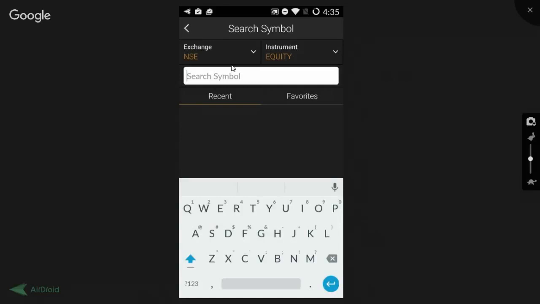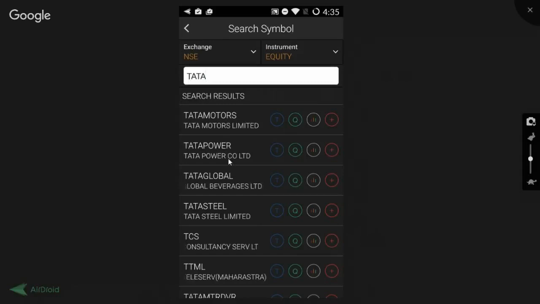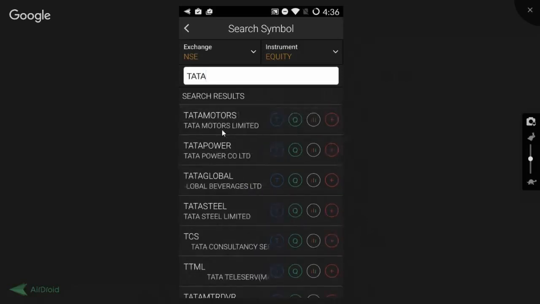We have to type in the search symbol the script that we want. We just have to type 2 to 3 alphabets and it would give us all the companies that have been trading. Like Google it is. It would give us the options that what we want. So we've just searched for Tata, and in the search result we've got all the companies that have been trading in Tata, like for Tata Motors, Tata Power, all the companies that are registered in the exchange under Tata. So this is for Tata, and we get some of the symbols over here.